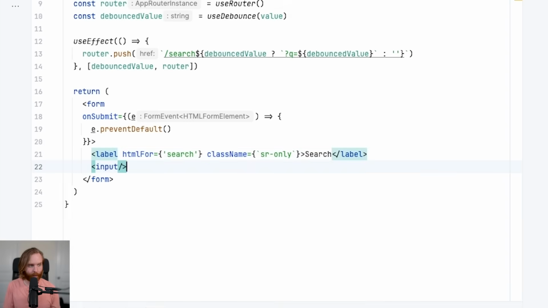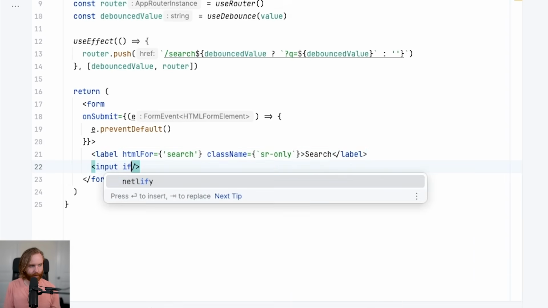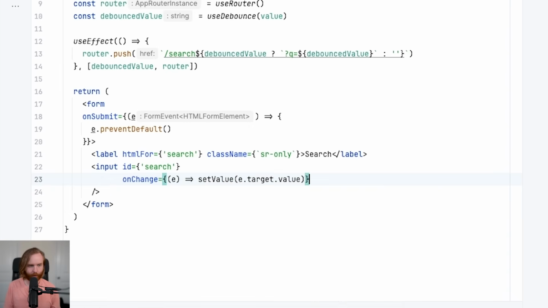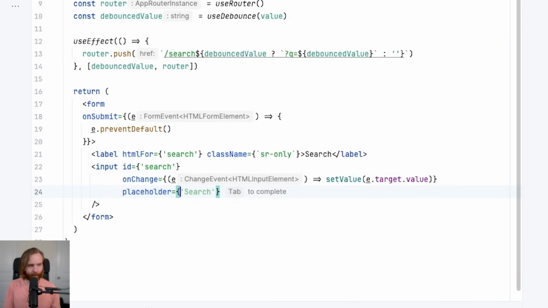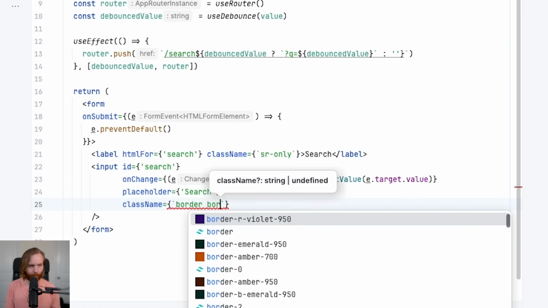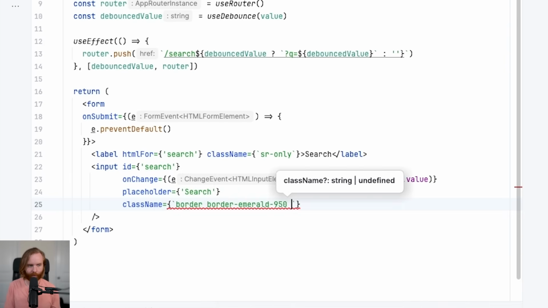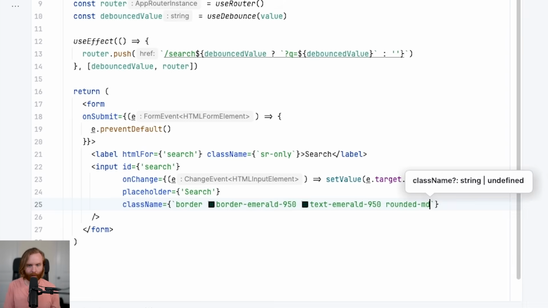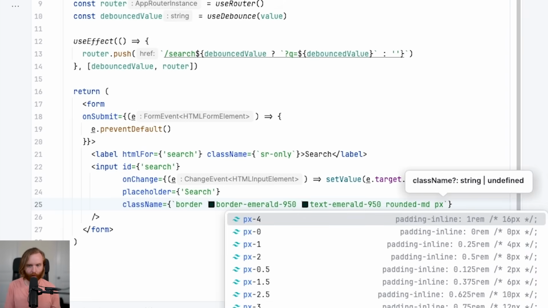And then we'll need an input, which will have an ID of search. It'll have an onChange attribute to set our value to our event target value. We'll give it a placeholder that just says search, and we'll style this up a little bit to have a border emerald 950, text emerald 950, rounded medium, padding left and right of 1 rem, and then padding top and bottom